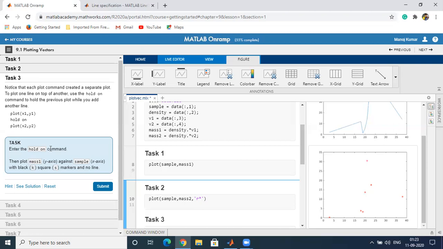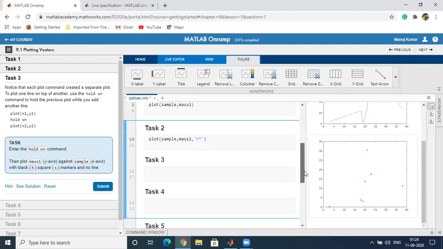Task is enter the hold on command, then plot mass 1 on the y-axis against the sample x-axis with the black square marker and no line. Let's do it.